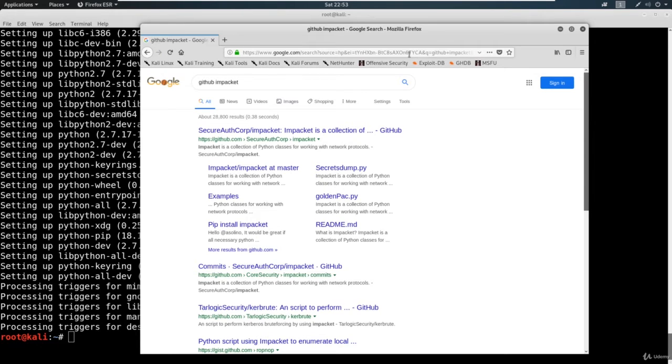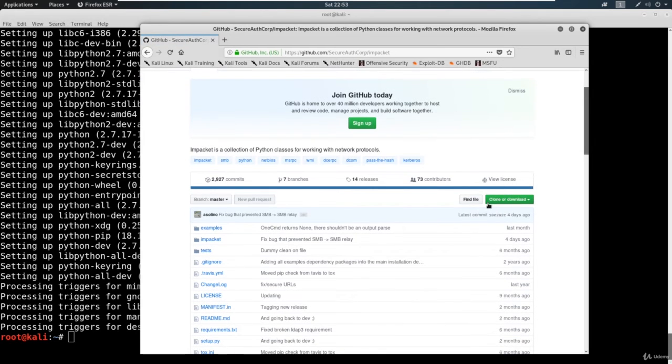So what we're going to do is click on this Secure Auth Corp here, and we're going to do this clone. So we're going to say clone or download right here. We're going to just copy this,